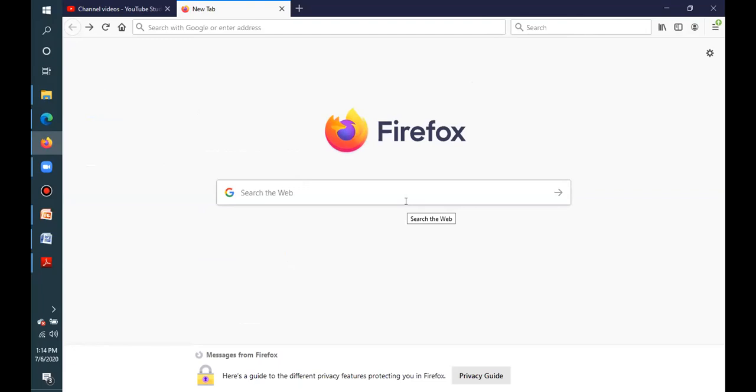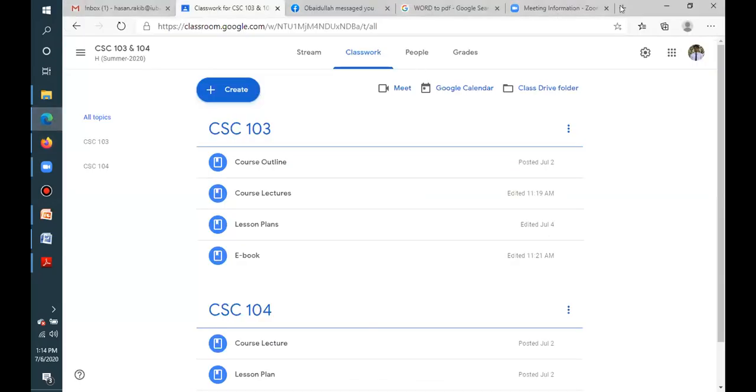But if you open Google Chrome, you will not get the same interface. You will get a different interface. If you open Internet Explorer, Microsoft Explorer, then you will also get a different interface. Let me open another browser.